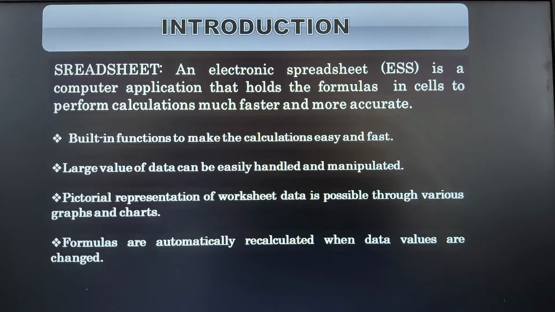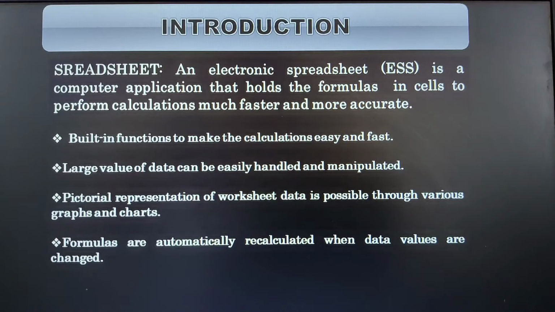You need not change any formula at all. Just change the value you want at the particular cell. So automatically the spreadsheet will recalculate the formula and generate the new result according to your input data. So these were some of the important features of the spreadsheet.